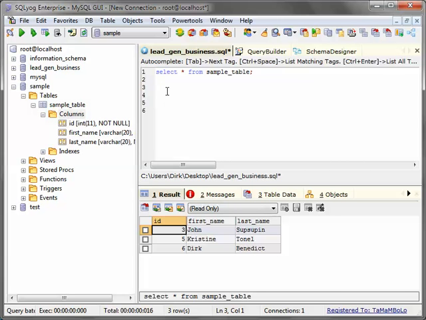So how will I do that? Just type update, space, and then the table name, sample table, and then type set